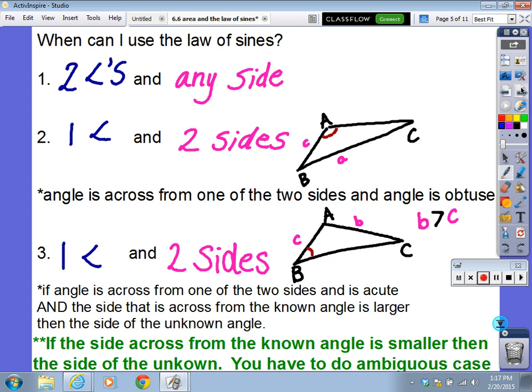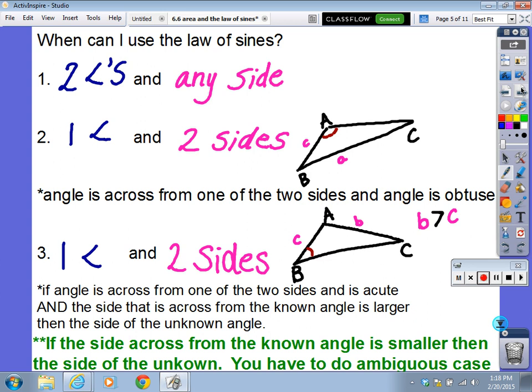So we can use the law of sines, no problems. Okay? Now, the next thing is, if you're given 1 angle and 2 sides, and the angle is across from one of the 2 sides. So in this triangle we have given angle B, it's across from B that was given, but notice this angle is acute, meaning it's smaller than 90 degrees. So if it's acute,